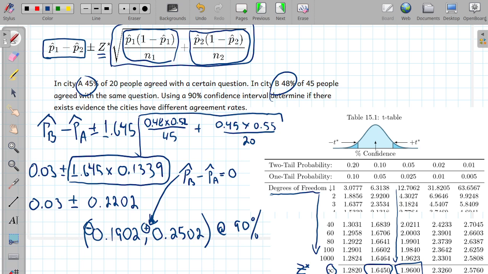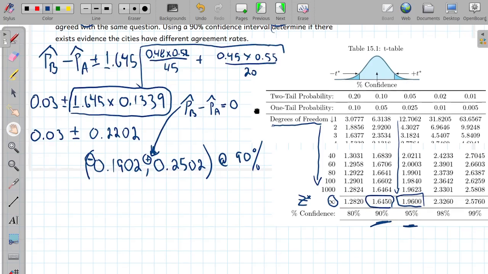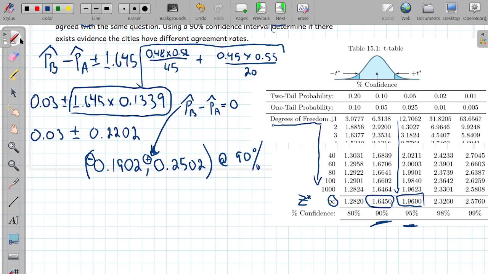So by the intermediate value theorem from your study of calculus, 0 lies in the interval. And since 0 is in the interval, this is how our conclusion is made for us, that there is no significant difference between the two cities' agreement rates. So how do we summarize that? We can say, since